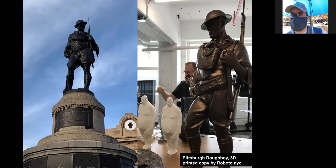It has been replicated though. If you look on the right, this is our friend Rob Steiner, who runs a 3D printing studio in the Brooklyn Navy Yard. And he made a 3D printed copy of it. So that thing on the right, it looks like it's made of bronze. It's actually all made out of plastic. And he made a copy of it,